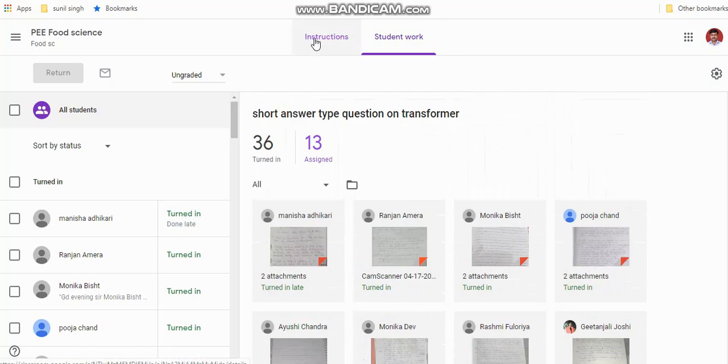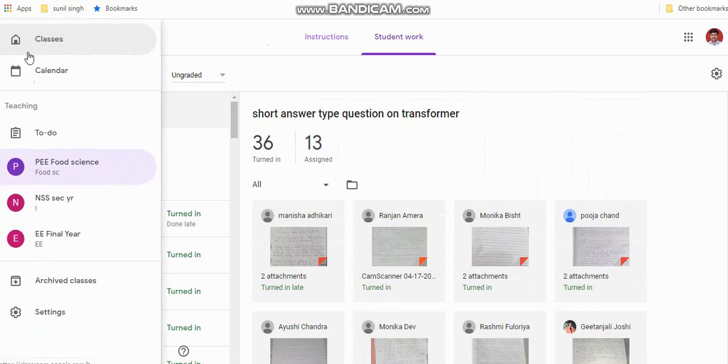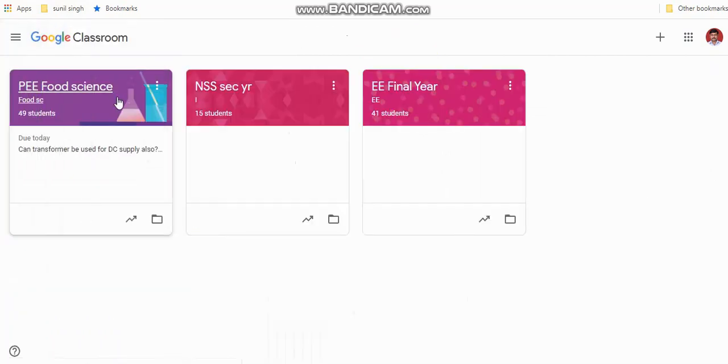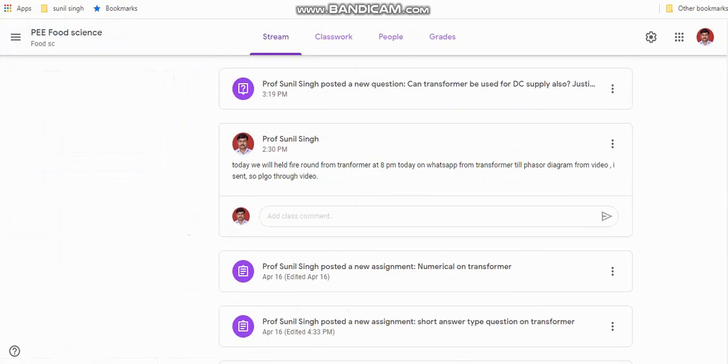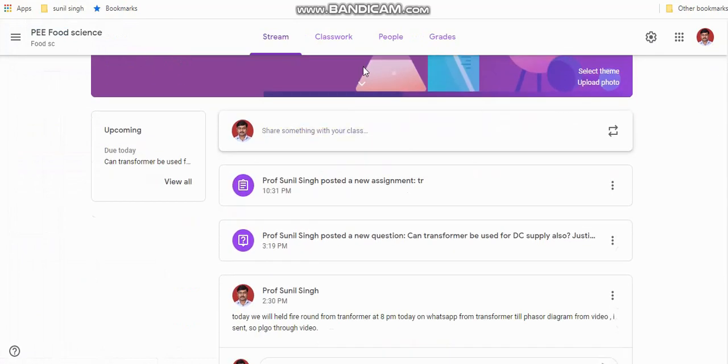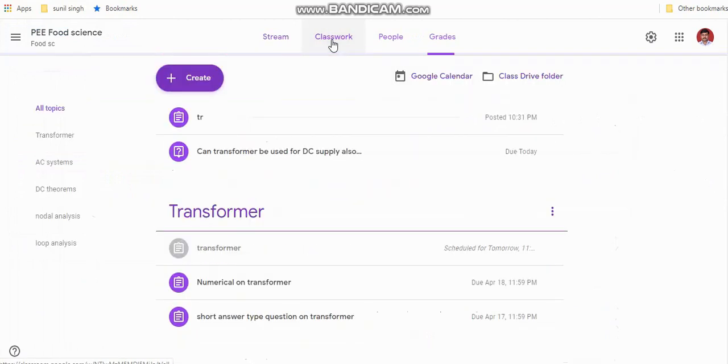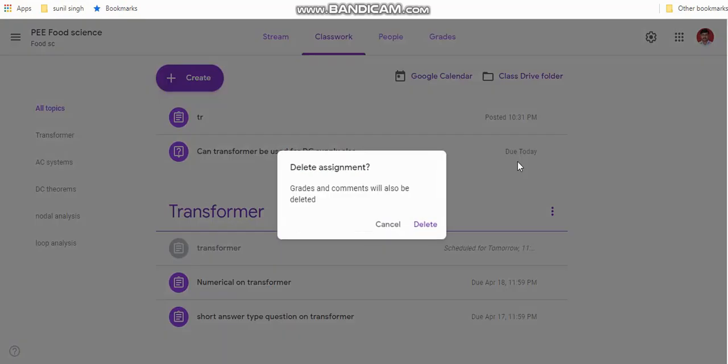So it is this one. Now we can have classes here, and if we want to change or edit the assignment, then we have to go to the classwork. Suppose we want to change this assignment, or we want to delete it, then we can delete this assignment from here.